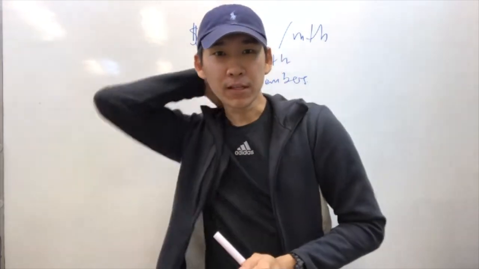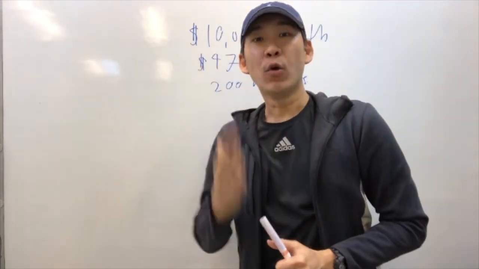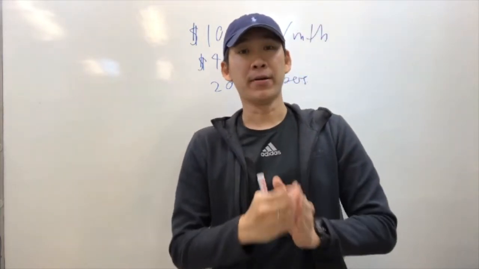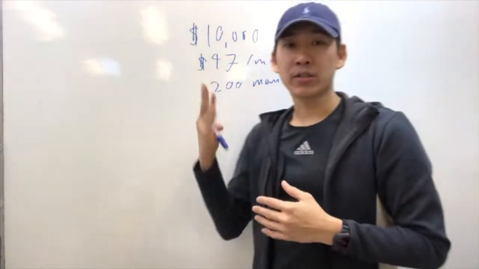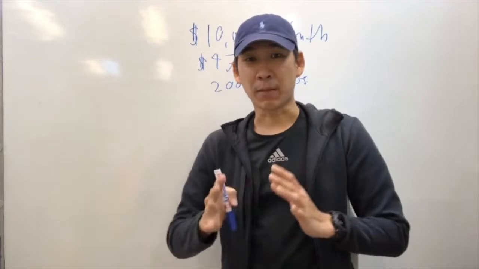All right, going back to here. The first step is knowing your numbers. Knowing your numbers means how much money you want to make per month, which in this case is 10K. From there, you look at how much you can charge. I'm choosing $47 because that's my price point.